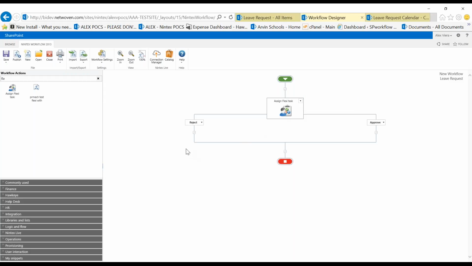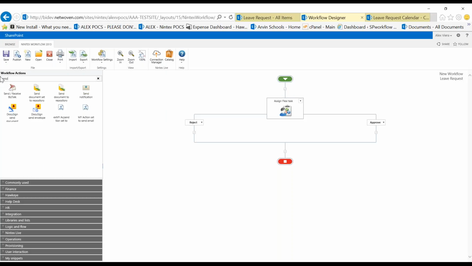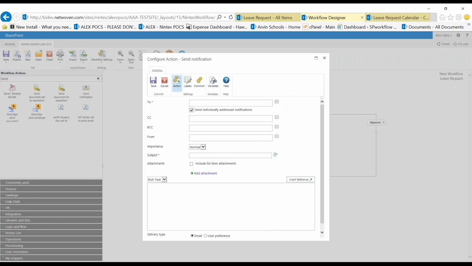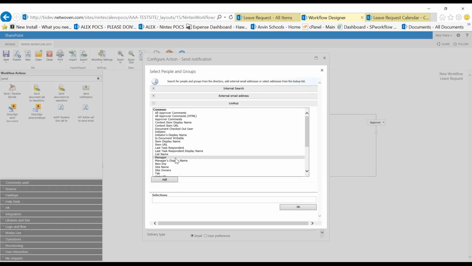Now the next thing I wanted to do was send an email to notify people. On the left-hand side, I'm looking for something send. We're going to send a notification, and I'm going to configure this. And I'm going to go ahead and assign this. And instead of just putting my name in there, I'm going to assign it to the initiator, because whoever initiates it is the person that I want to actually send it to.